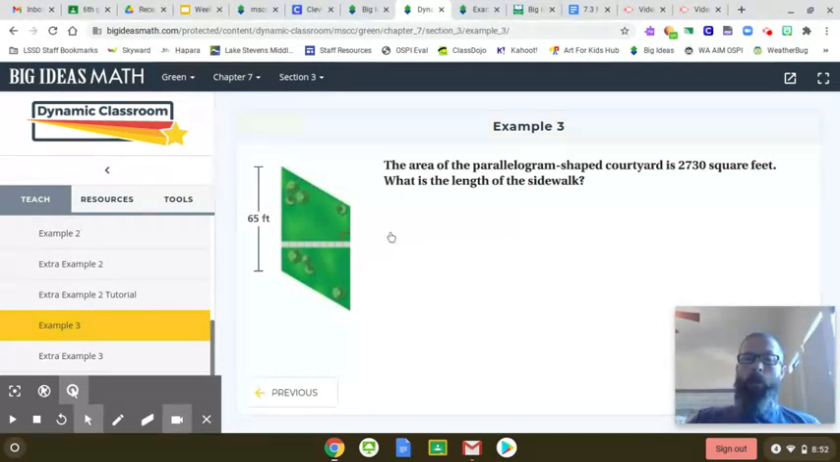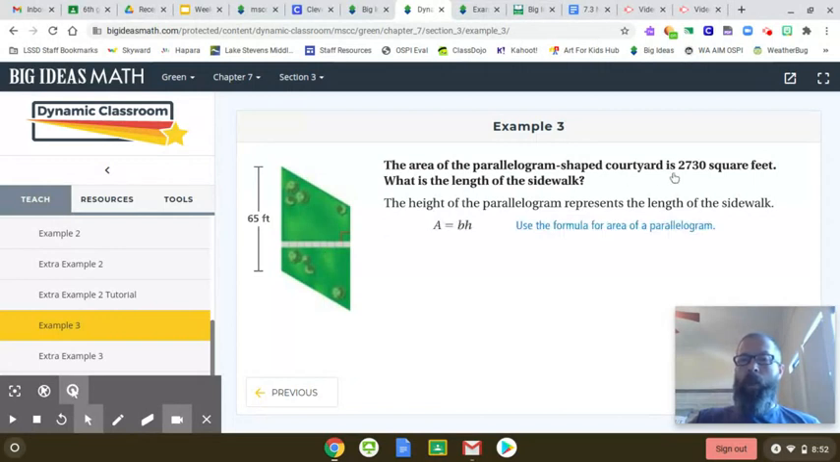Now, if we remember, the area of a parallelogram is base times height, and we don't know the height, right? So we know the area, which is 2,730. So if we have this equation, area equals base times height, we're going to plug in our numbers that we know. So 2,730 goes in for A, and 65 goes in for B. So now I have